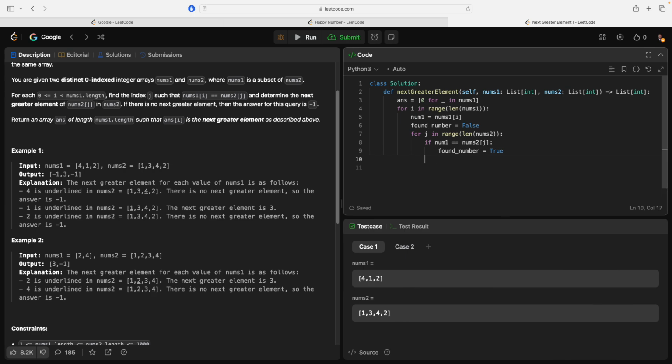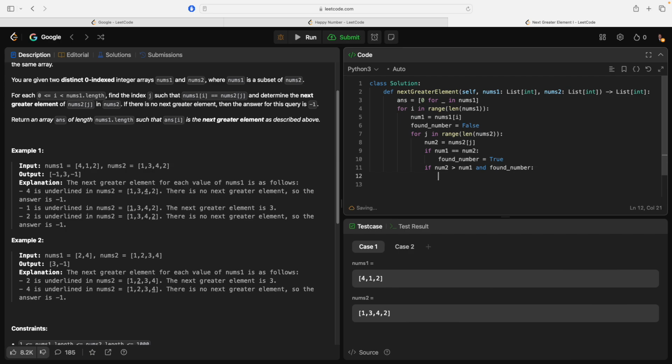All right, and now once we found the number, we'll say num2 equals nums2 j. If num2 is greater than num1 and found number, so we've already found the number and now we're looking to the right of that number, then we say